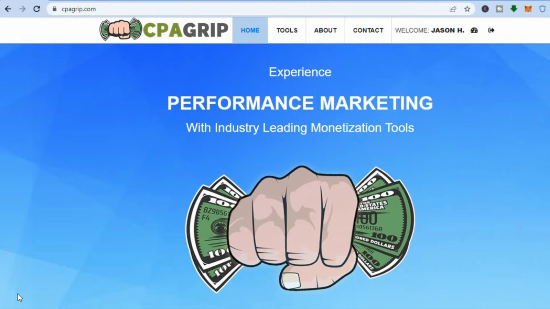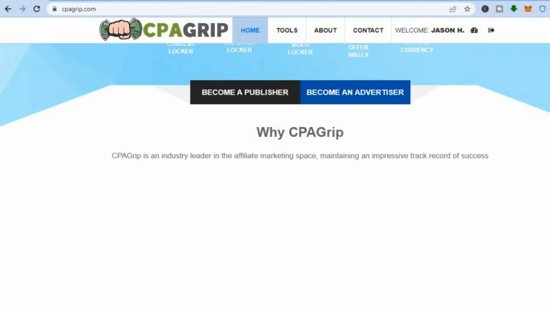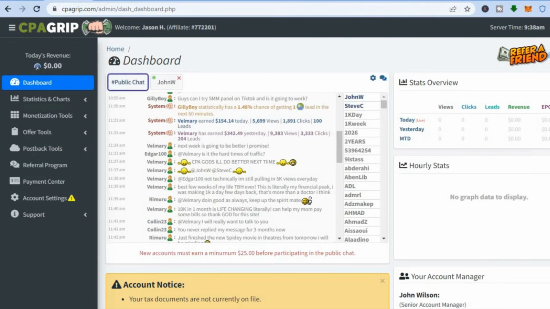So the first thing you will need to do is go onto Cpagrip. Once on Cpagrip, all you'll need to do is go up to the top right hand corner and tap on sign up, and from there you'll be able to create an account. Once you have created your account using your email address, which you can do for completely free, you'll be redirected